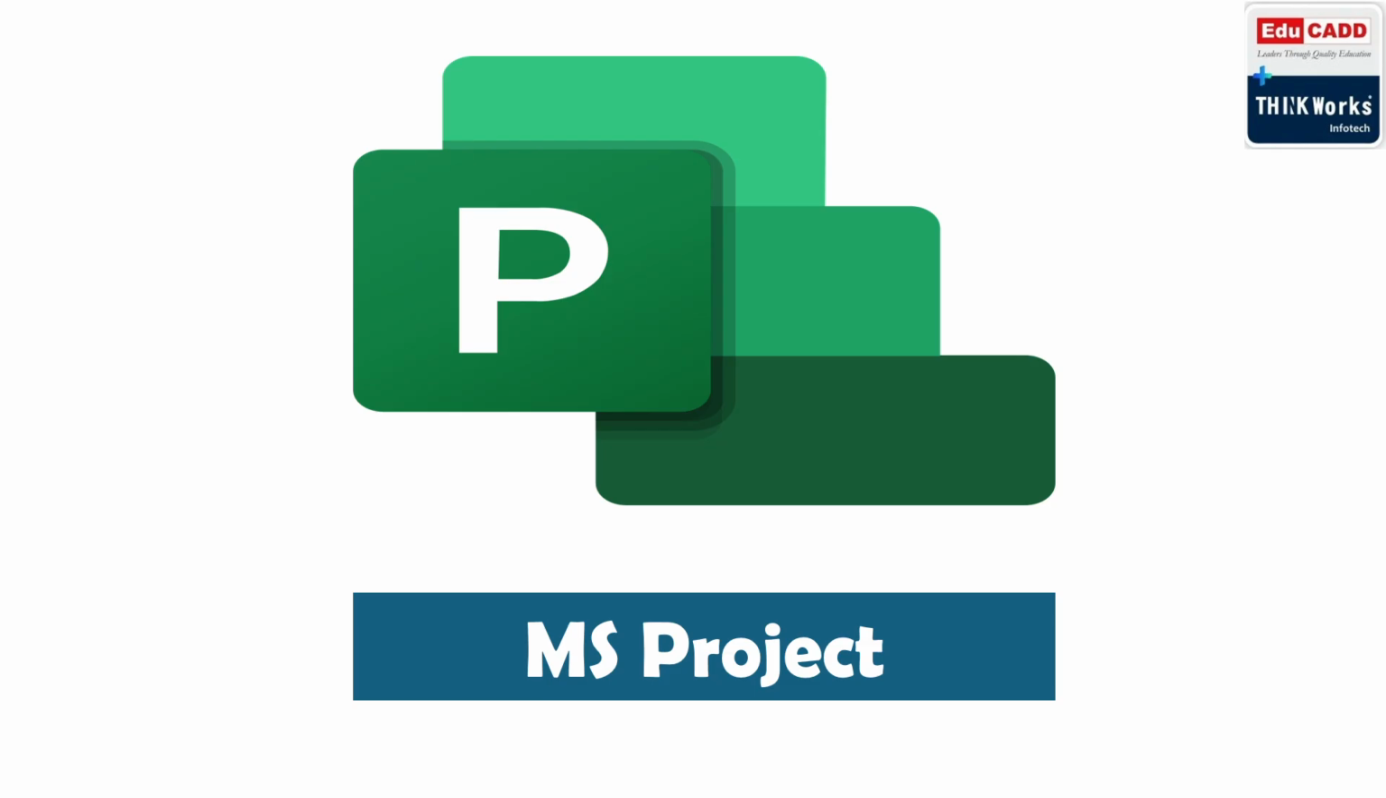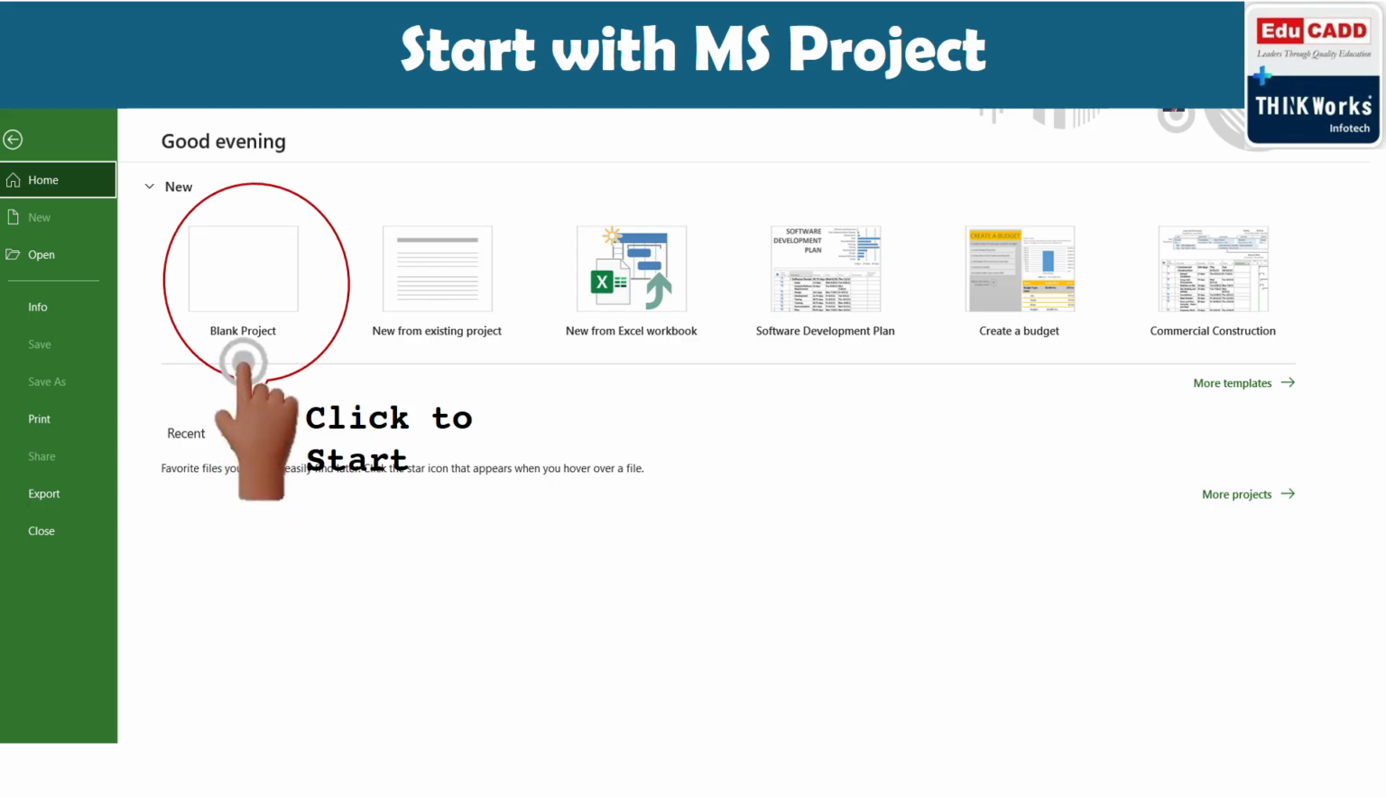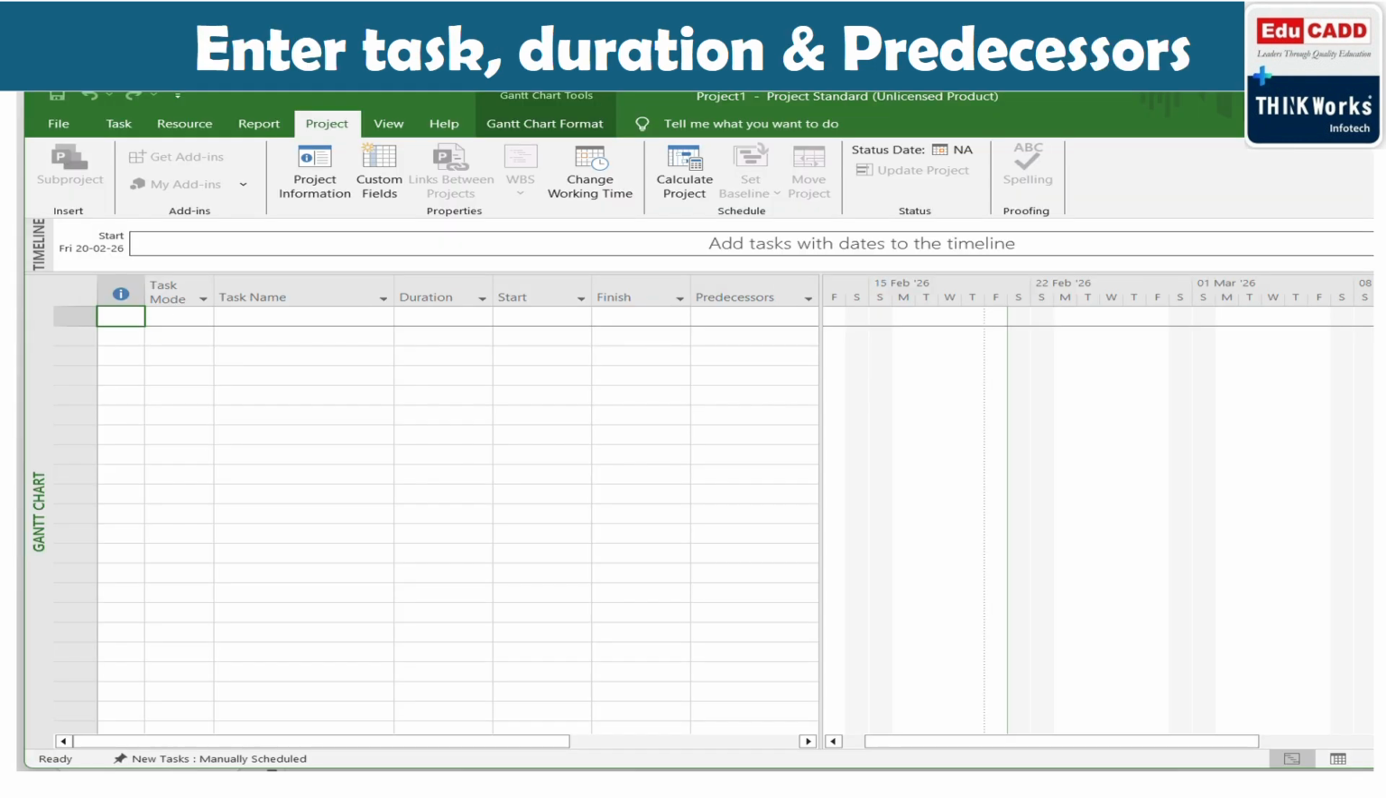So now let us start with MS Project. When you open MS Project, it will be similar to any of the MS applications like Word, Excel. It will open with a blank project and with templates. So we will start with the blank project first. So we have to create a new project. Click on blank project to start. The screen will appear